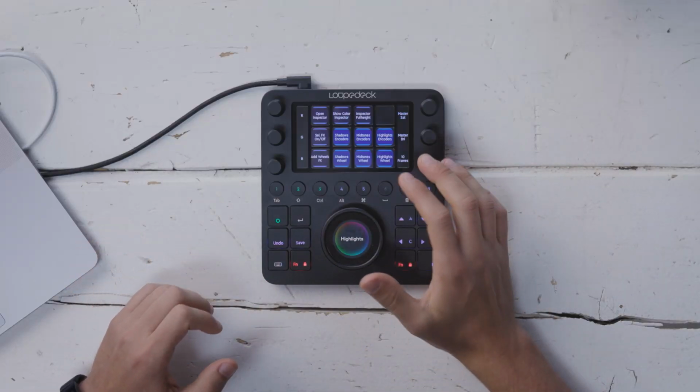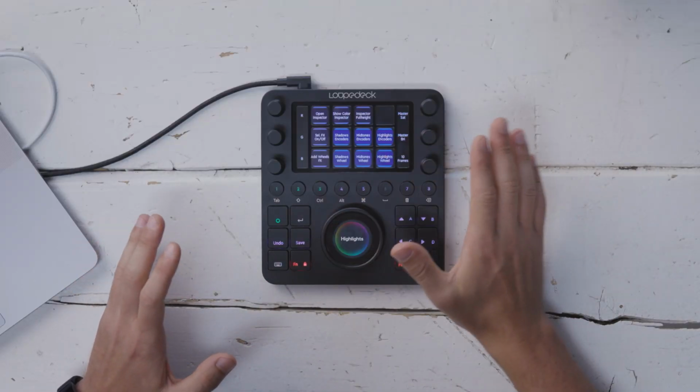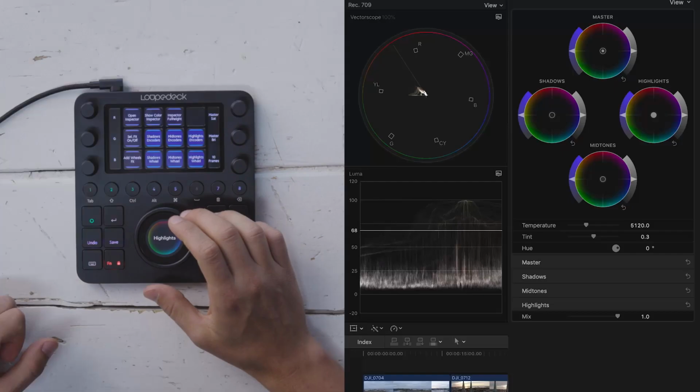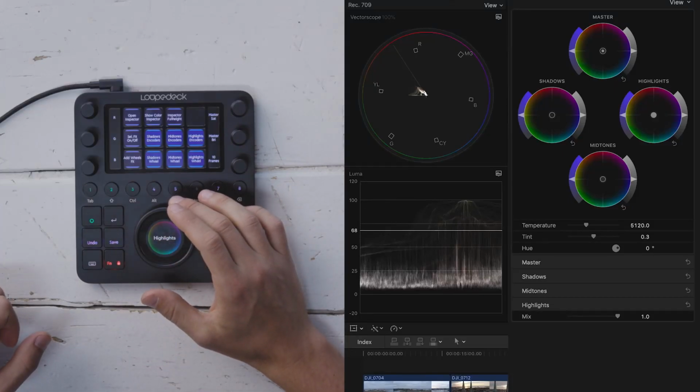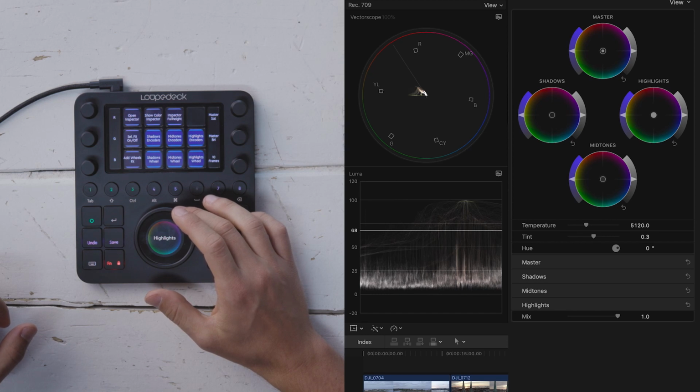So with the color wheel page open, I'm gonna start setting the exposure and contrast. For that, I usually start with the highlights. I just hit the highlight button here and it activates the wheel, and I can simply adjust the exposure of the highlights. You want your highlights, the brightest white, to hit 100 in the Luma